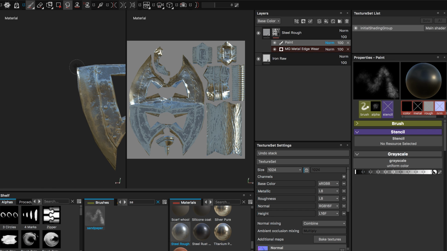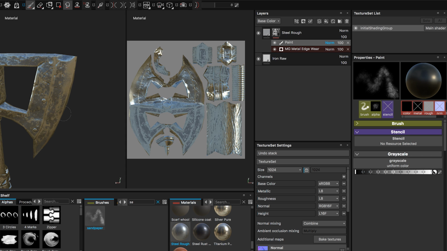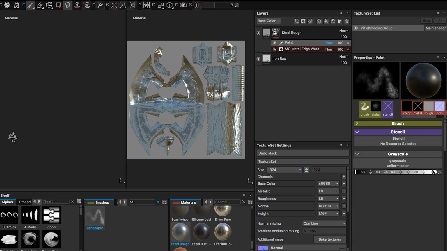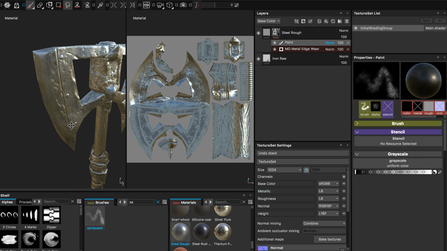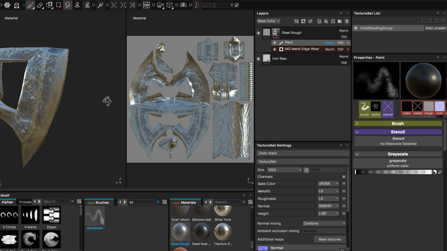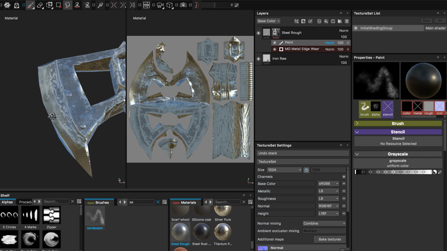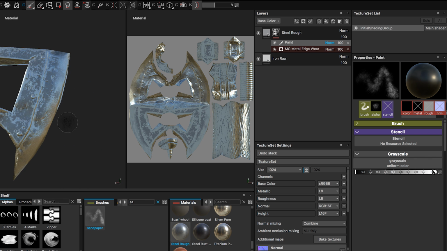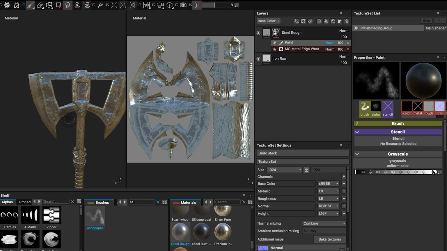Alright, so basically this is what you do in Substance Painter. This is as complex as it gets. I'm exaggerating here a bit, but the workflow is just like that. You just manage your layers, you erase parts of them, and so the underlying layers are more or less visible. Now the layers that I have here are what is called fill layers. Fill layers basically just fill your entire model, and then you can manage their visibility with masks. There are standard layers where you can just paint with material,